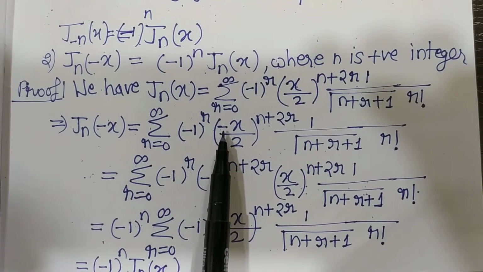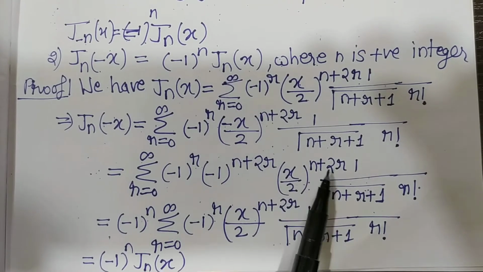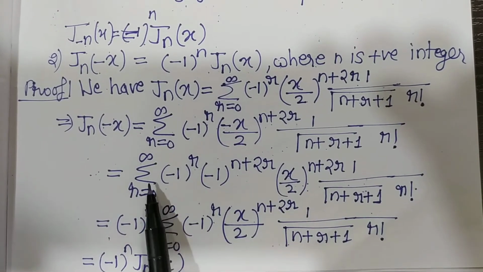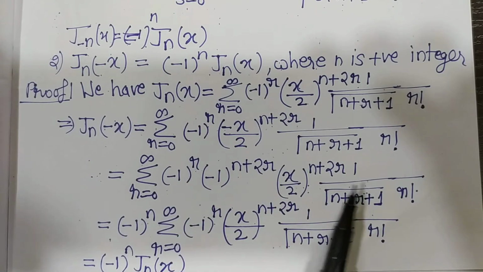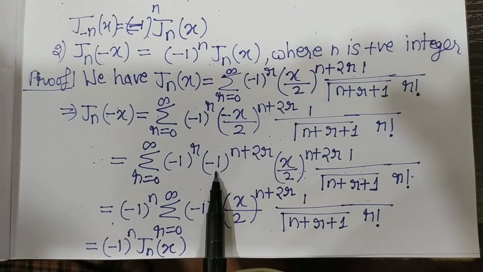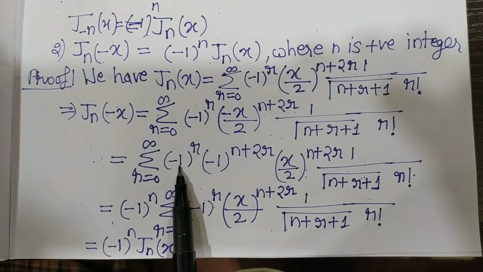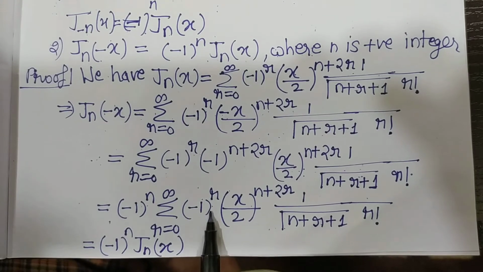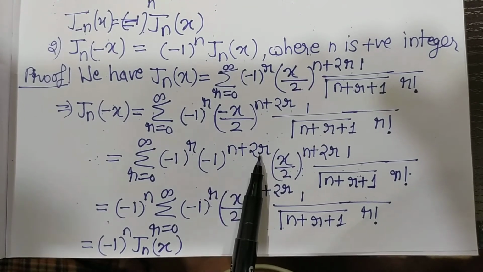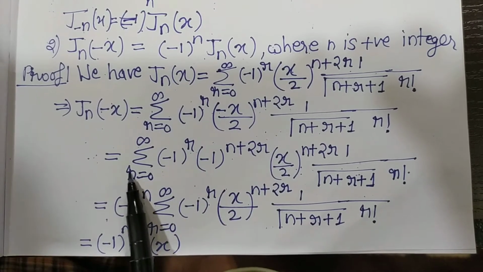So it is minus 1 raised to n plus 2r and x by 2 raised to n plus 2r, whereas the remaining term will remain as it is. Minus 1 to the power n by law of indices can be taken outside the summation, minus 1 to the power r, and then minus 1 to the power 2r will be always positive,